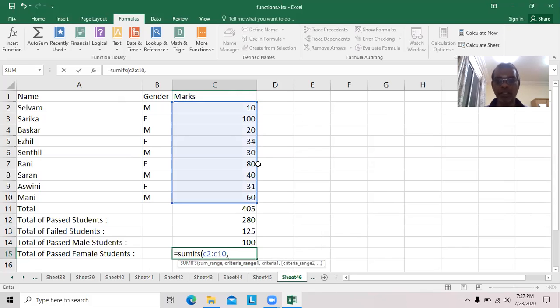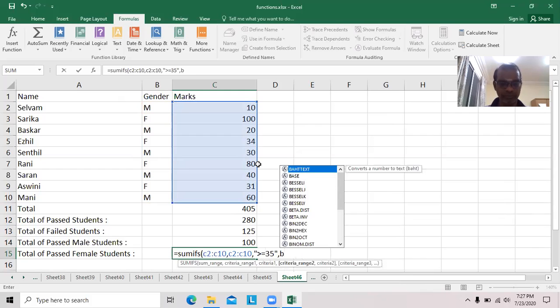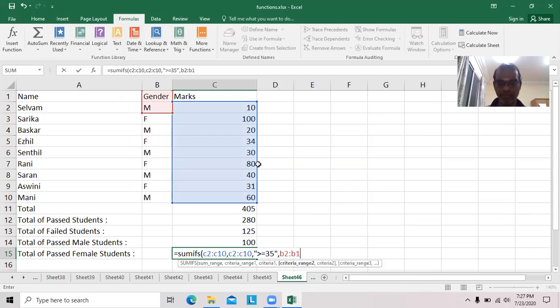Then condition range number 1, C2 colon C10, comma. Then condition number 1, greater than or equal to 35. Then condition range number 2, that is B2 colon B10, comma. Condition number 2 should be equal to M. Sorry, it should be equal to F.